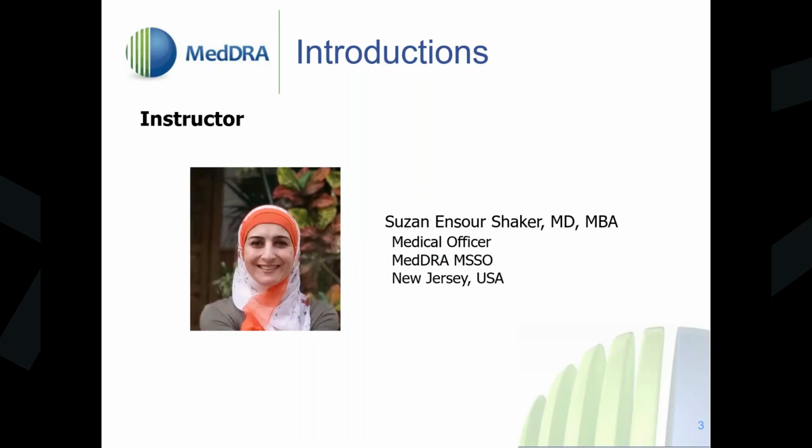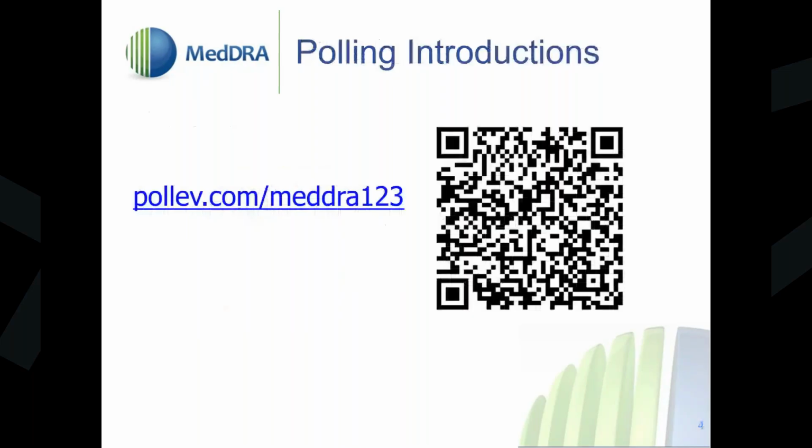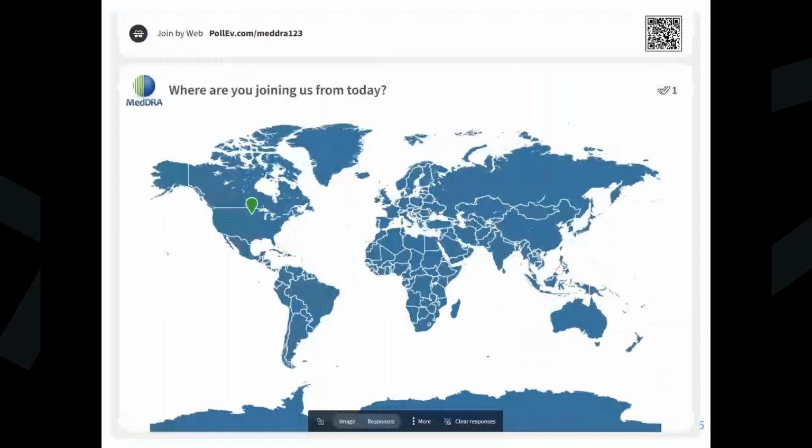So I do like to start with getting to know you a little bit more via the polling tool. We use Poll EV or Poll Everywhere. You can access the tool at this time, either via the QR code or the URL on your screen. Now, the tool is anonymized and will not identify any users. All responses will be anonymous. But if it does ask you for a username, just use MedDRA123 or skip that part. So let's start with just getting a bit more detail on where you're calling from today. So if you can access the tool and put in the pins, and as we wait for more pins, just